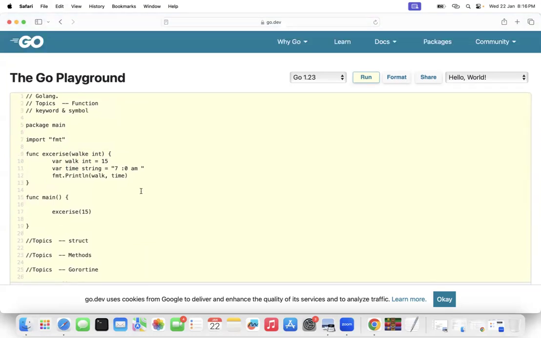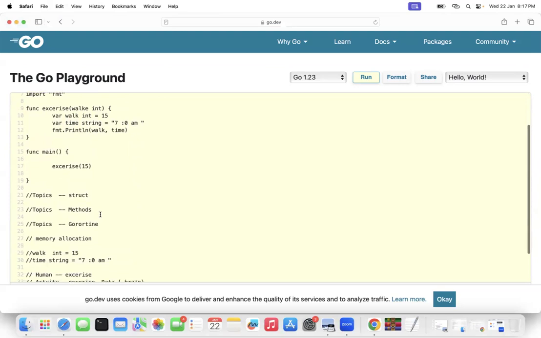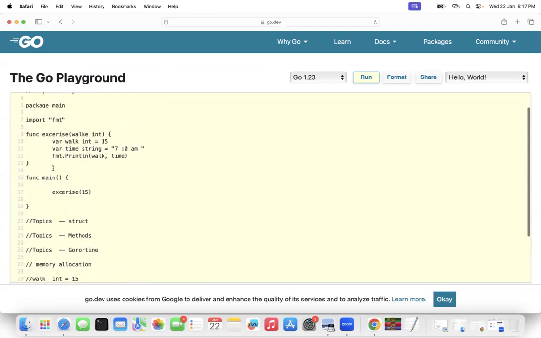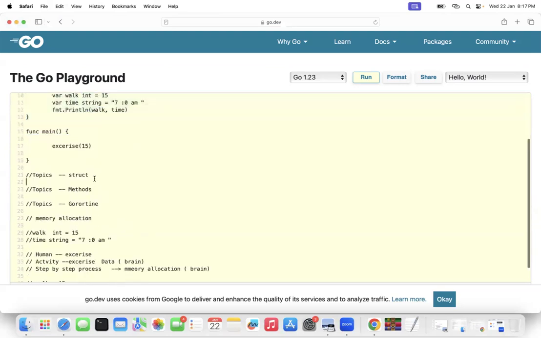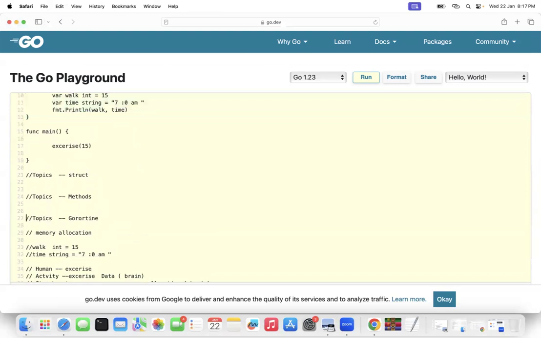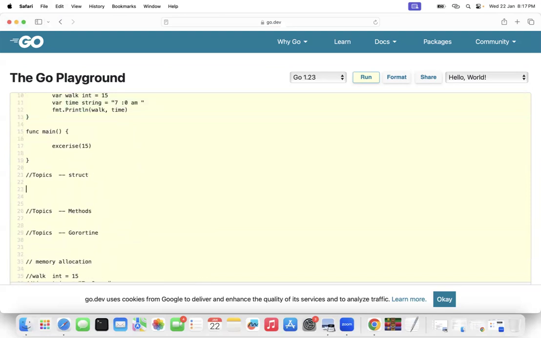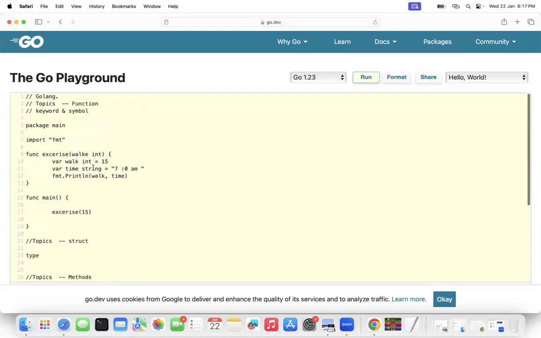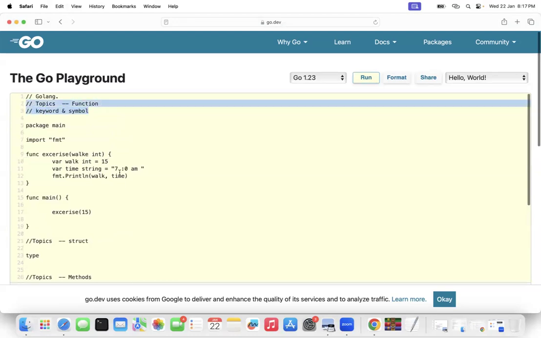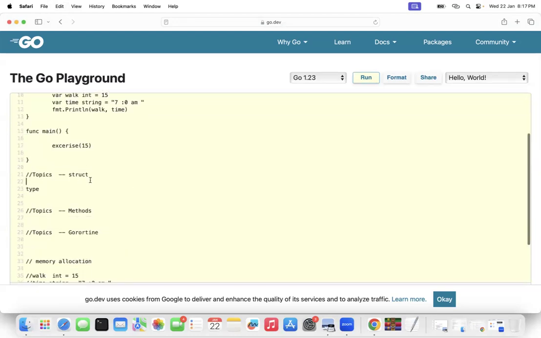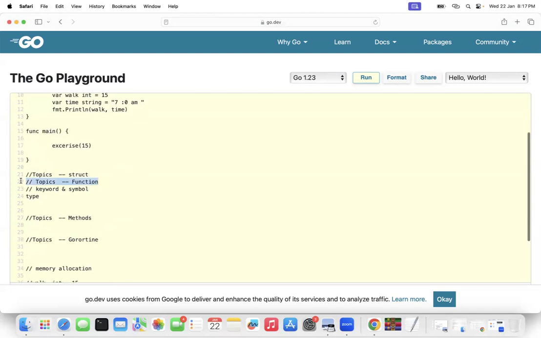So now this is about an activity. We can write code in different ways in Go. One is a function, one is a structure, one is a method, one is a Go routine. If you want, I'll just write a small code for that. See the syntax. Every topic has got syntax. Every topic will have keywords and symbols. Those keywords and symbols are called syntax. You're getting my point?